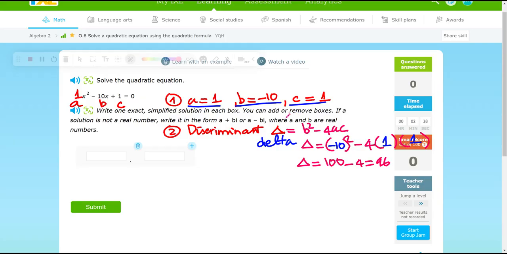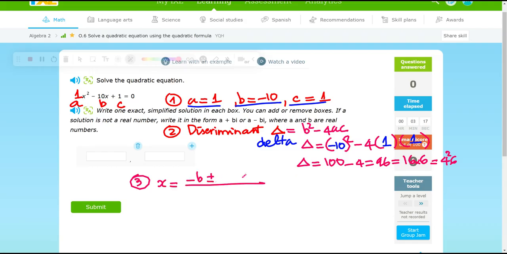96 actually equals 16 times 6. So 4 squared times 6. The reason we want to prep for this is because when we put the delta inside the square root, we can simplify. So now step number 3, substitute A, B, C and delta value into quadratic formula, which is x equals subtract